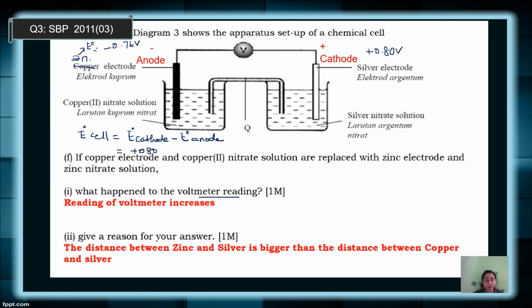What happened to the voltmeter reading? So the voltmeter reading is based on the E0 of the cell. So remember the formula will be E0